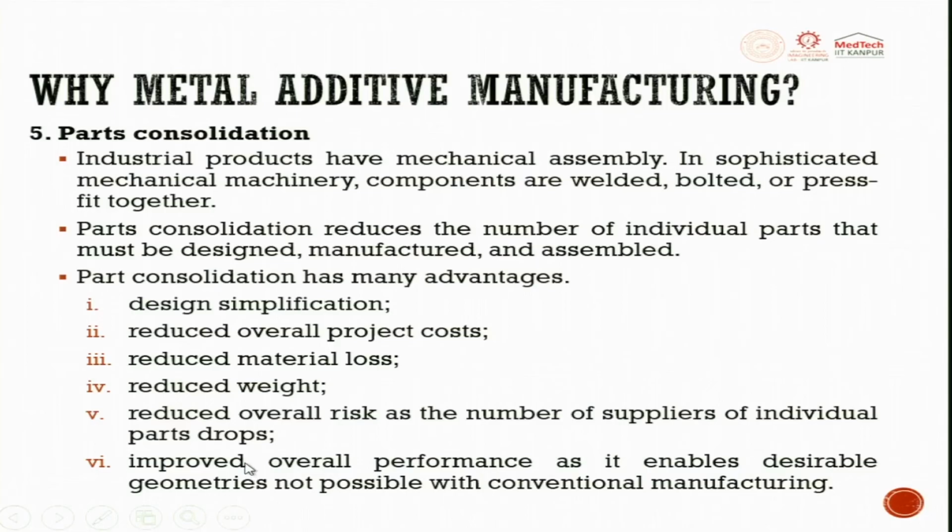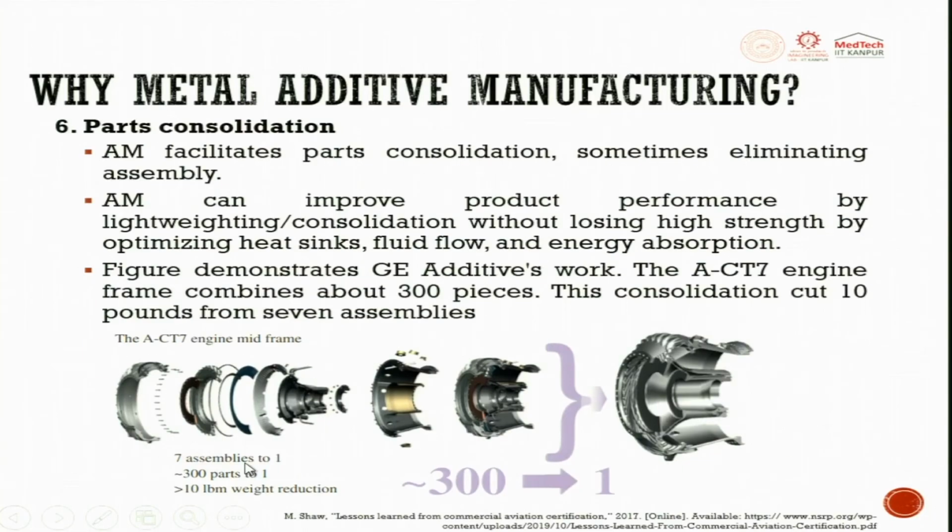So these are all major important things for part consolidation. A simple example is shown here. GE Additive Manufacturing reduced 300 parts into one for their application. Because of that, they cut 10 pounds from 7 assemblies. So if you do any weight reduction, it is going to be a huge saving when you are